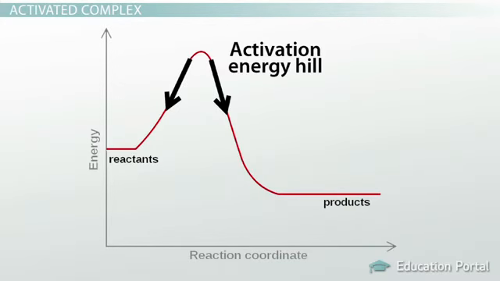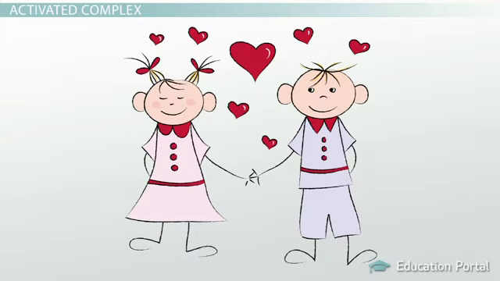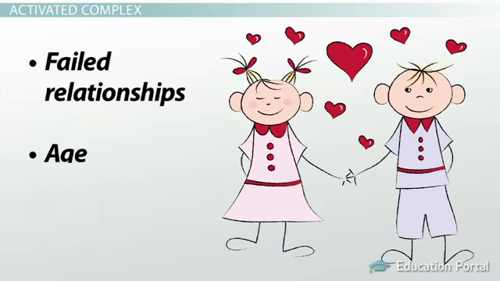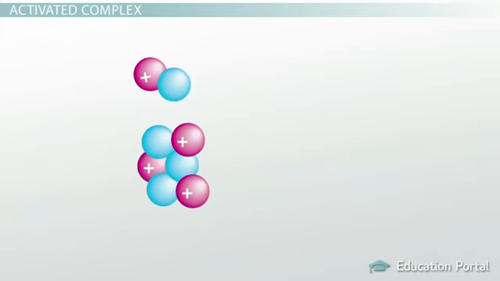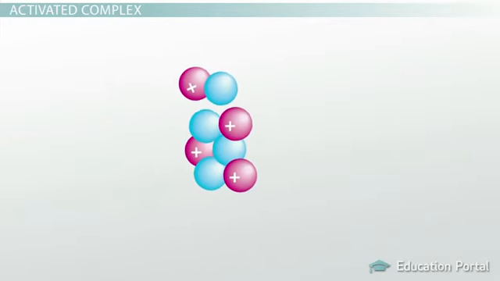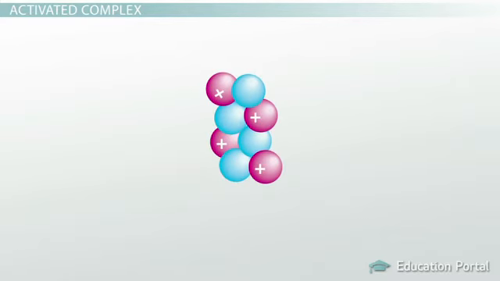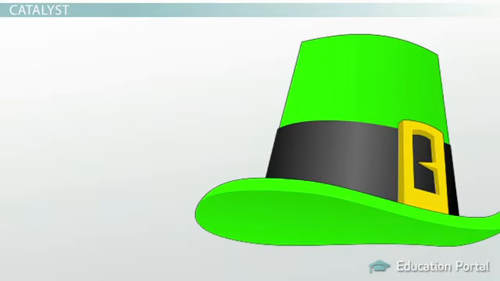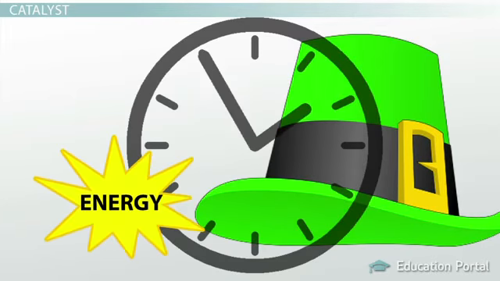Not all collisions between molecules result in a product being made. It's a bit like love. You must not only meet the right person in your life, but the circumstances at the time of the meeting, current or recently failed relationships, age, and timing all affect whether you fall in love. In a chemical reaction, not only must the molecules collide with enough energy, but they must collide into the right other molecule at the right orientation with their electrons at the proper places in order for a reaction to occur. As you can see, having a reaction happen can take a lot of luck, timing, and energy.